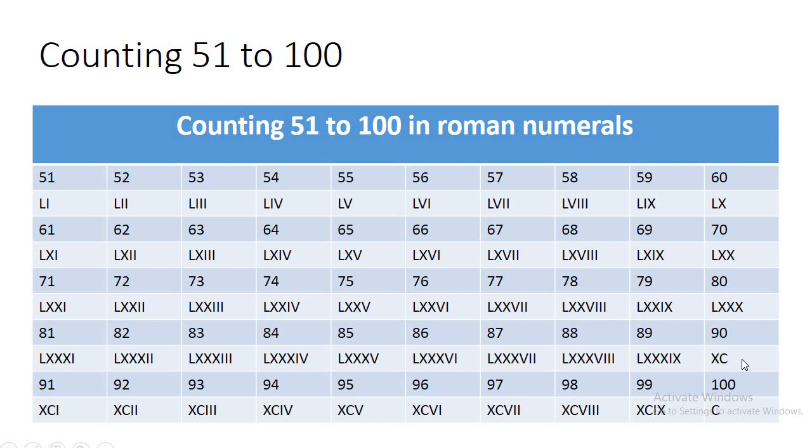as we have explained, X should be placed before C to get us 90. So as XC represents 90, from 91 to 99 becomes very easy, as you just have to write XC before 1, 2, 3, 4, 5, 6, 7, 8 and 9 to give you numbers from 91 to 99. And yes, we have a dedicated symbol to represent 100, so C represents 100. So students, this was the counting from 1 to 100, and it is very easy. You just have to follow some rules, and most of it is a repetitive pattern.